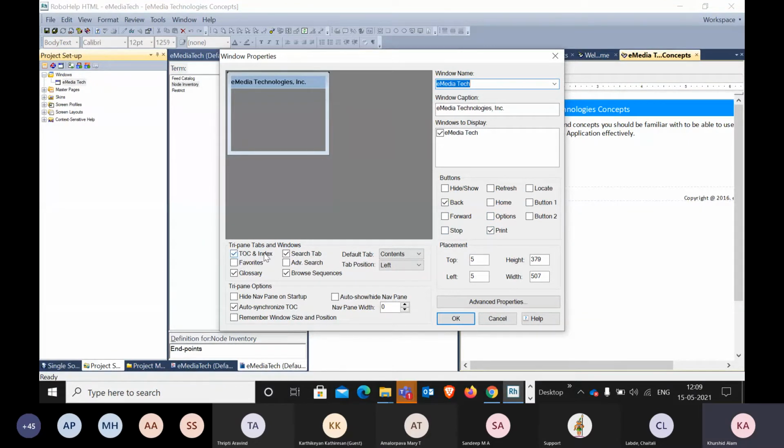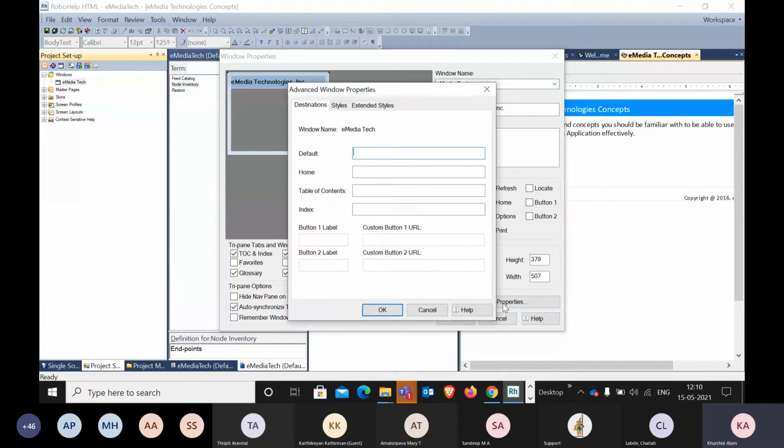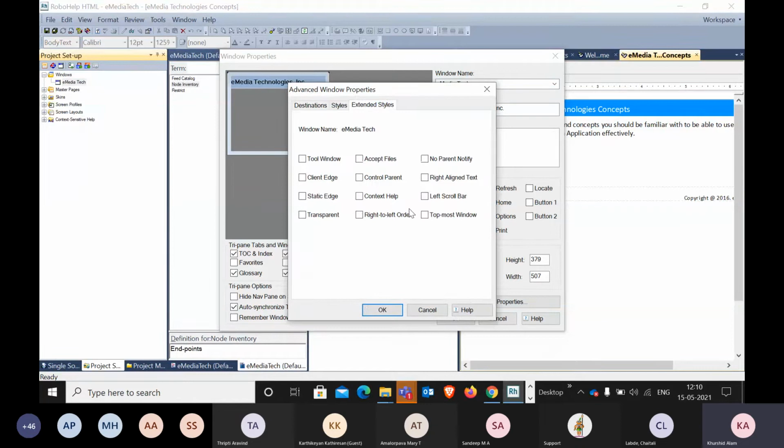And then what you want to enable in the CHM file, like TOC, index, favorites, glossary, search button, and then browsing sequence. And this is the design for help, how it should look. So you must configure this setting here. There is one more option, advanced properties. You can in fact configure that one as well if you require. These are the things.